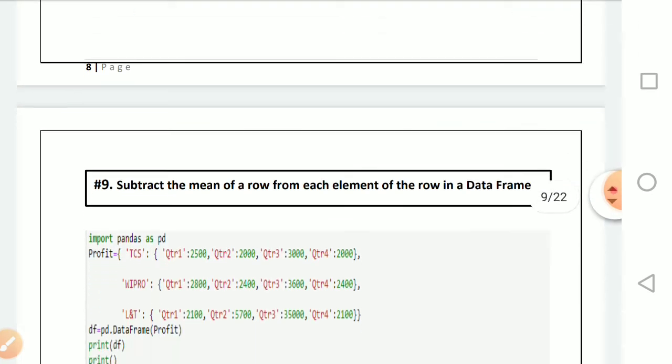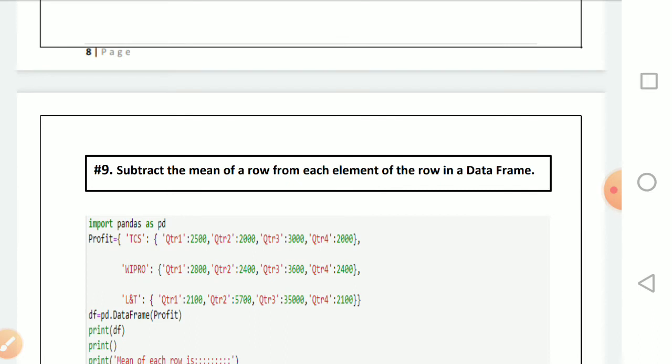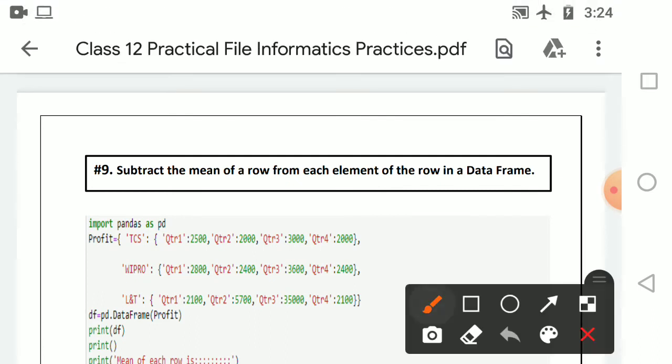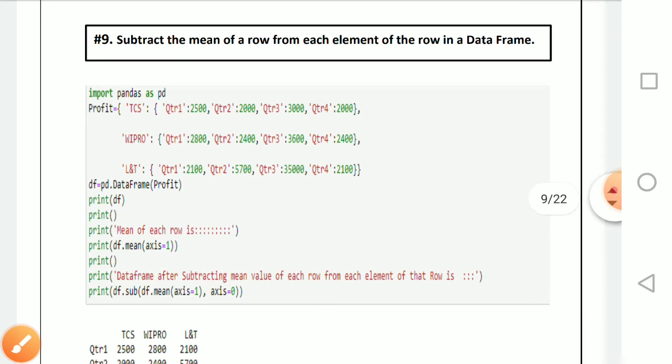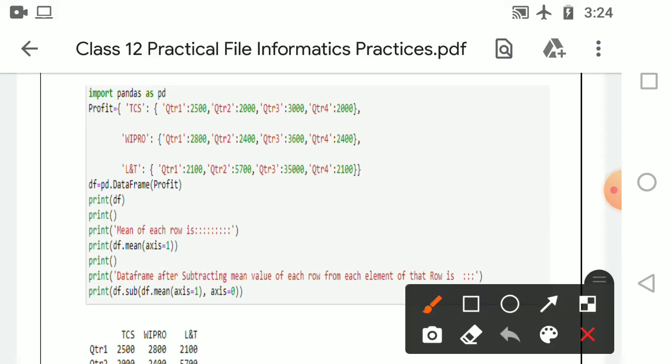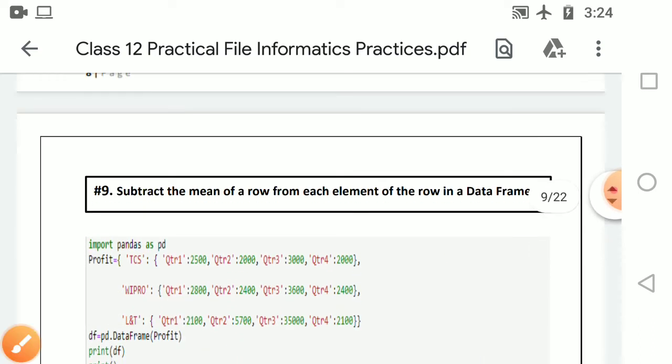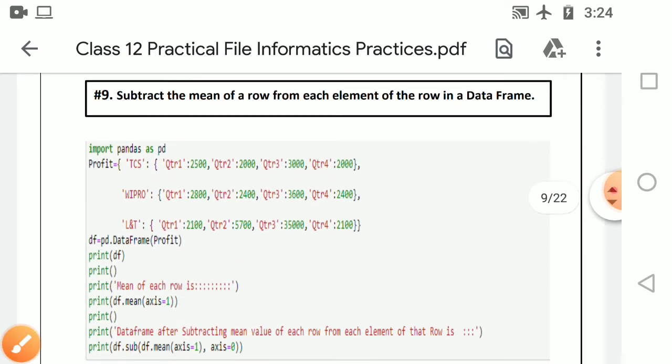Now the next question is to subtract the mean of a row from each element of the row in a data frame. What you have to do is create the data frame first, then find out the mean. You have to find the difference of the mean from each row.